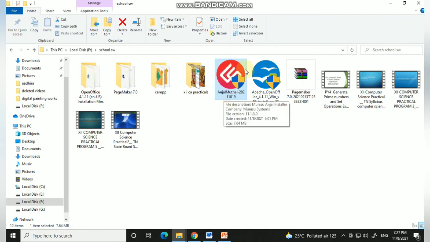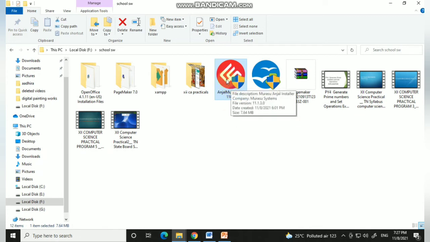I copied it, made a local folder in my local drive, and pasted it in my local folder itself. Everything you download, any software, will be stored in program files, which is in the C drive.